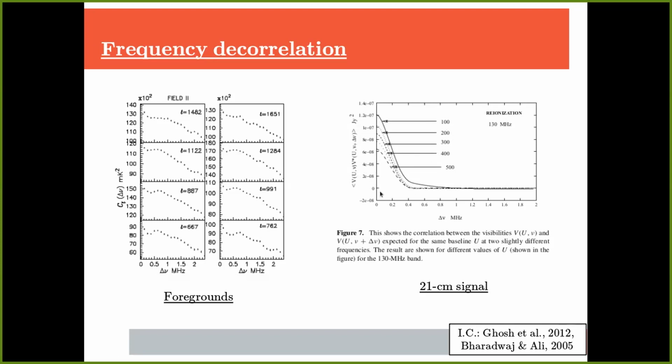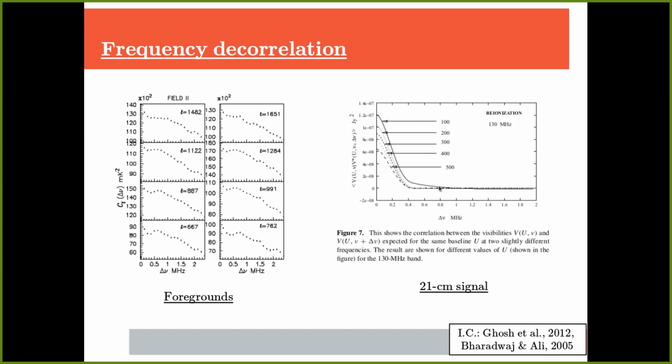So we see that at various L values, the signal decorrelates within a 0.4 megahertz to 0.8 megahertz frequency separation, which is much smaller than the foregrounds that we are observing over here. And we can see the amplitude comparison also. This is almost 1.4 into 10 to the power 4, and here, in millikelvin square, it will be around 10 to the power minus 7. So there's a huge difference in amplitude. However, this decorrelation in frequency is what one plans to